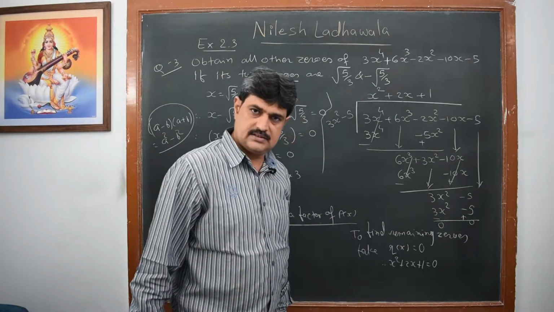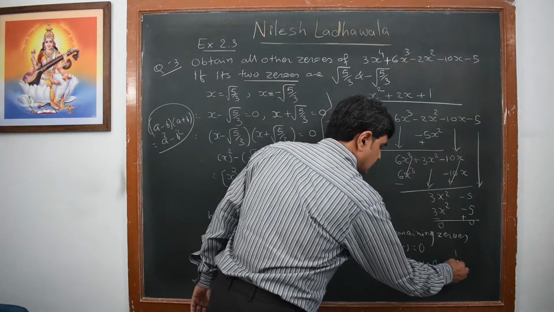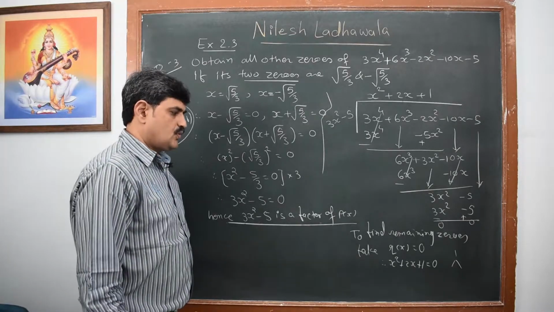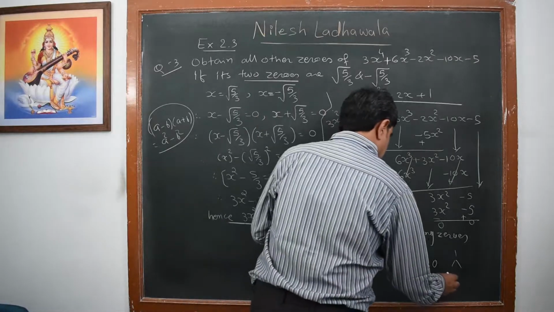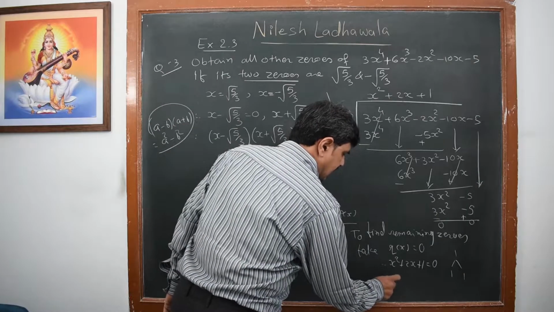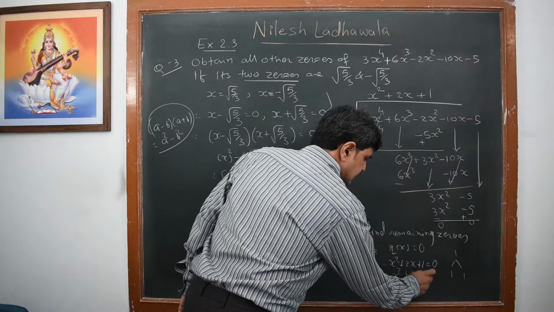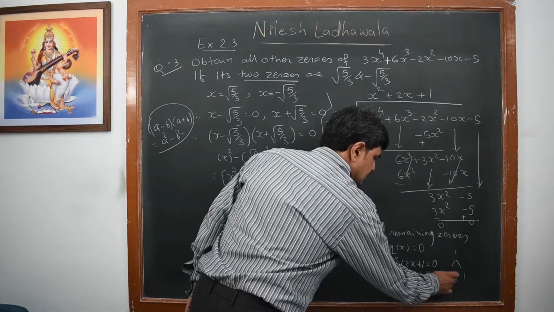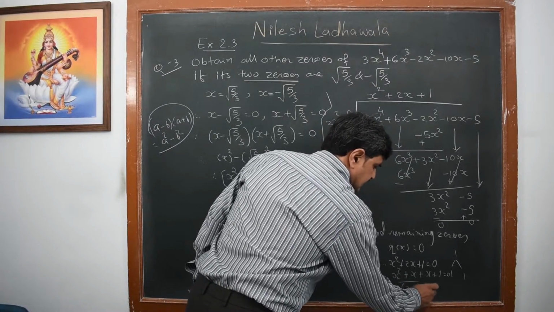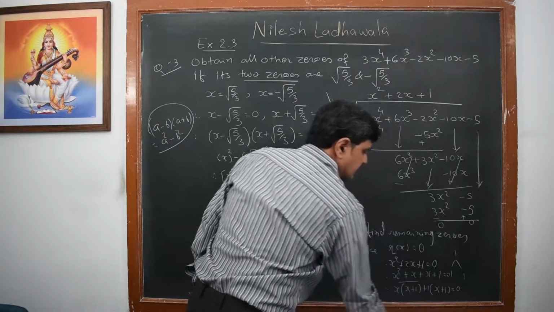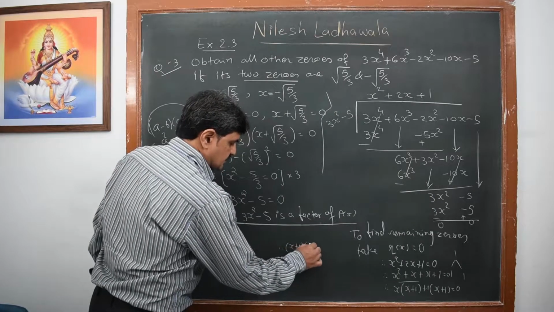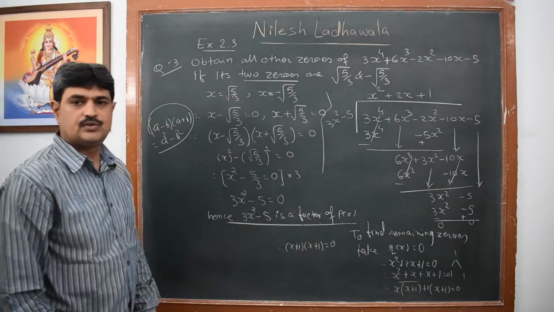Now I have to factorize it. I will factorize it as 1 ones are 1. So I have to factorize 1 such that its addition is 2. So what are the factors of 1 whose addition is 2? That is 1 ones are 1 and 1 plus 1, that is 2. So now I can factorize it as x squared plus x plus x plus 1 is equal to 0. Hence I will take common x from the first two, remaining terms are x plus 1. From the last two I have taken 1, remaining term is x plus 1. Now I have the factors x plus 1 into x plus 1 is equal to 0.